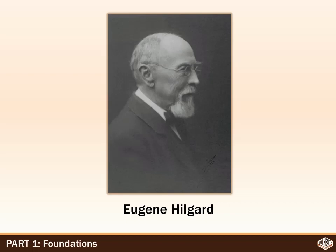Of course, the understanding of soils has changed over time. Many may not know this, but soil science as a discipline in and of itself has only been with us for a little over a century. I have here a picture of Eugene Hilgard, who's often considered one of the founders of the science, especially in this country. His pioneering work, Soils and Their Formation, was published in 1901 and was one of the first comprehensive